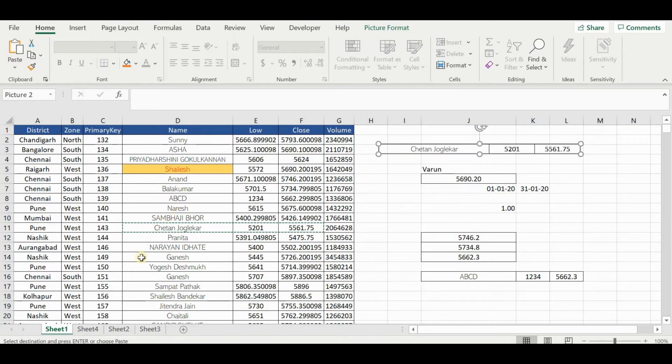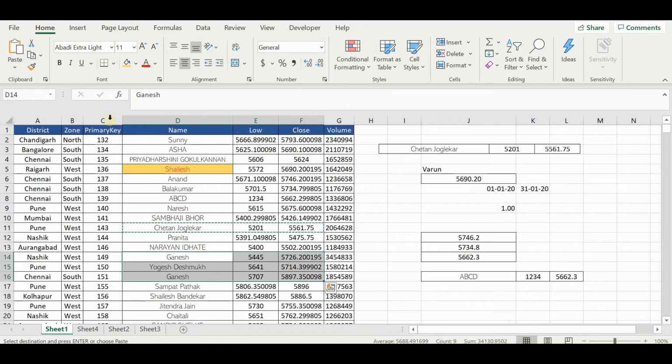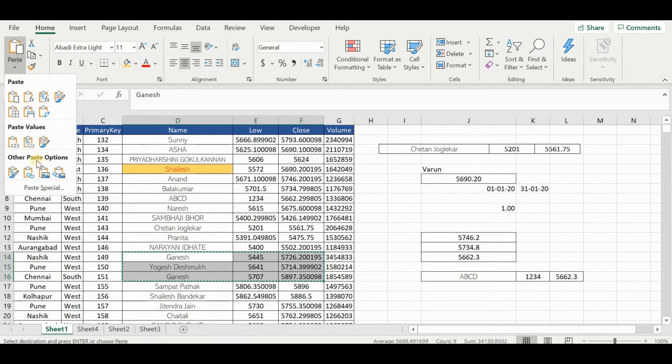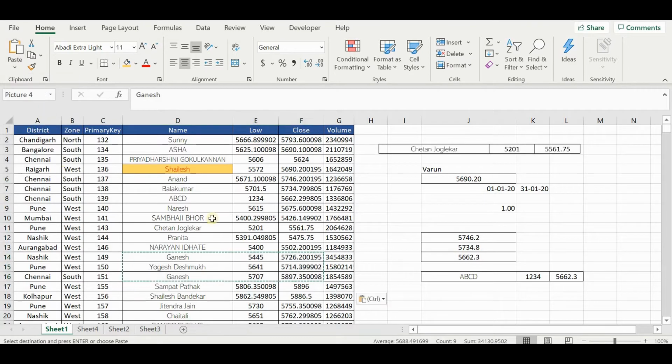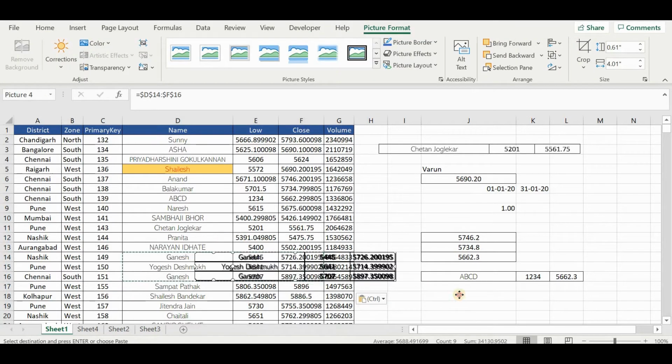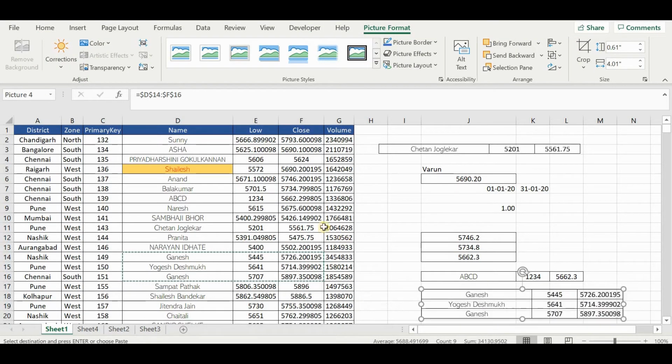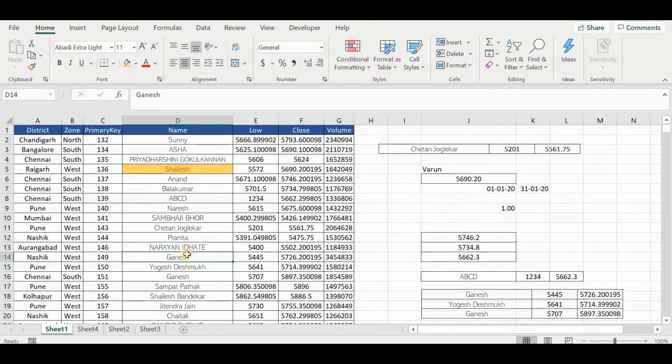Let me show you the other things. Come to this, and this is a linked picture. Let me paste it here. Now see, suppose Ganesh, now I change Ganesh to, say, simple. Then this picture is changing.